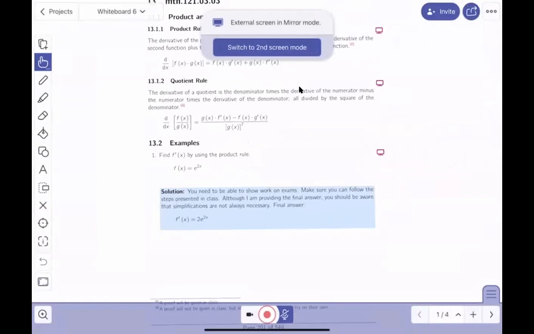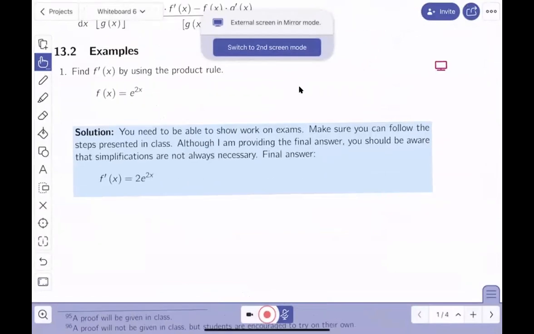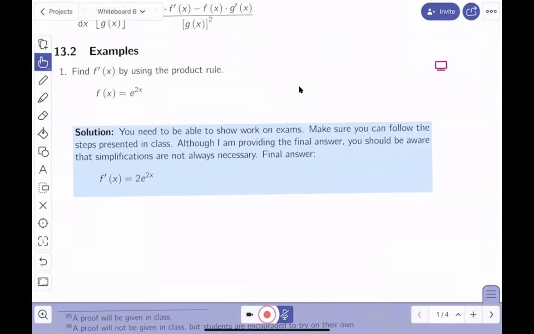Certainly, I'm going to read the question to you, and then I'll go about doing the question as asked in the word. It says, find f prime using the product rule. Well, to do the product rule here, I'm going to write this down as a product. So what's the product going to be? It's going to be e to the x times e to the x. So f prime